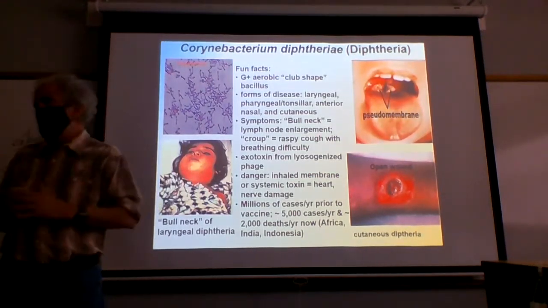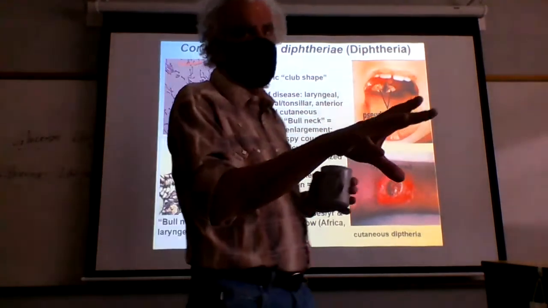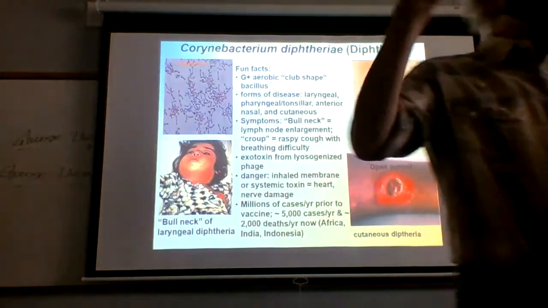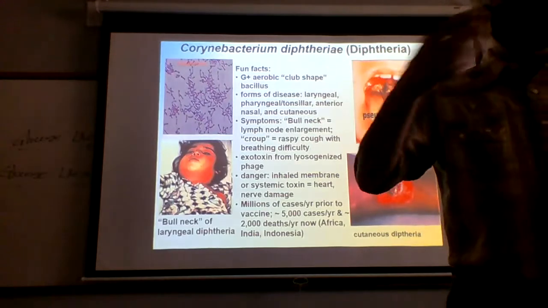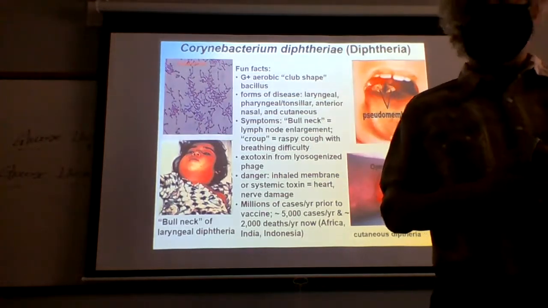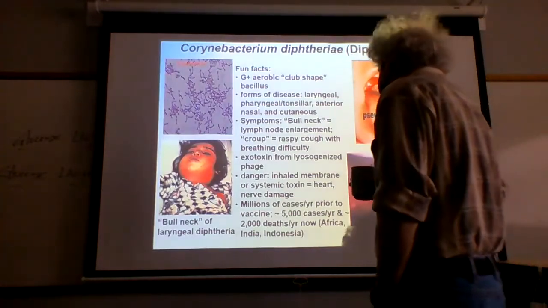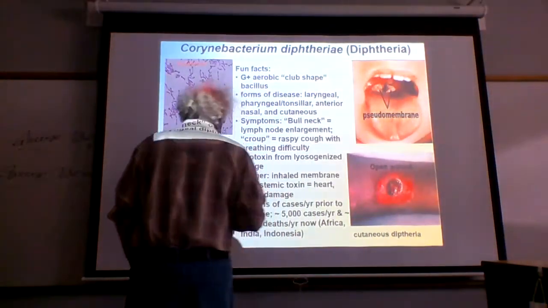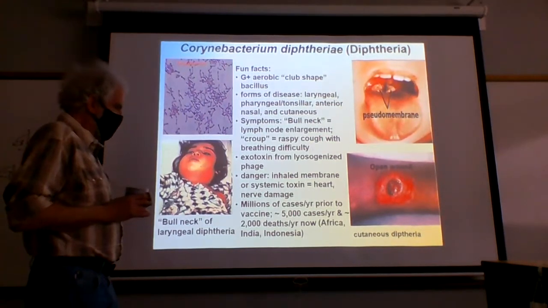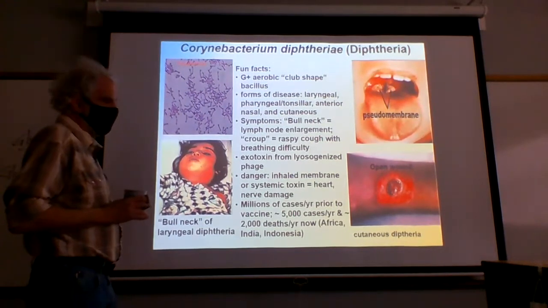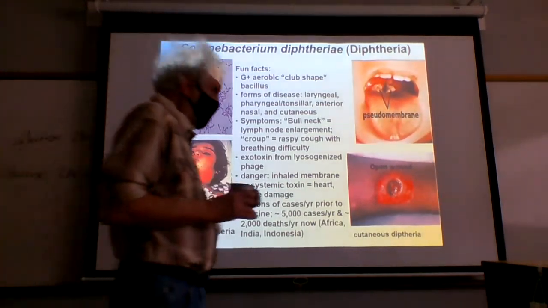And that's really going to be one of the themes, is that there is going to be bacteria that have a specific entry point, and that presents certain conditions. If you let it go, you end up with a systemic infection, and that's pretty much always worse. So prior to the vaccine, there were millions of cases a year. It's now a fairly rare kind of condition because we've got a pretty good vaccine against it.